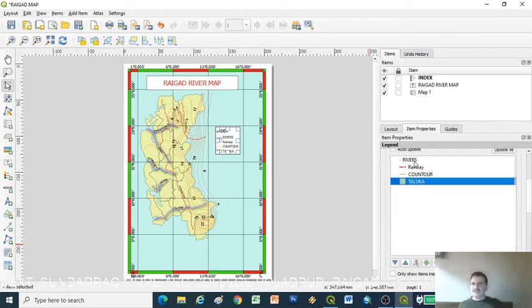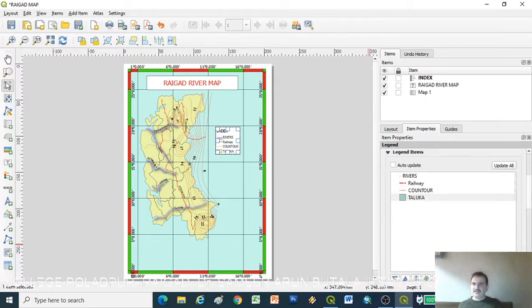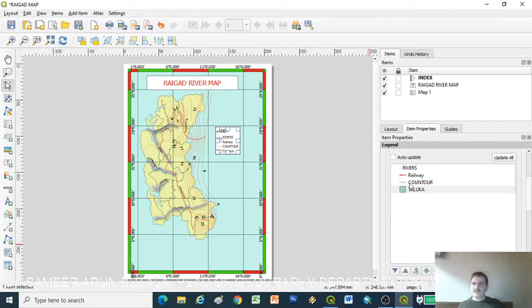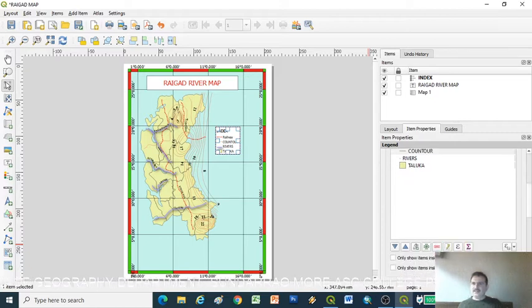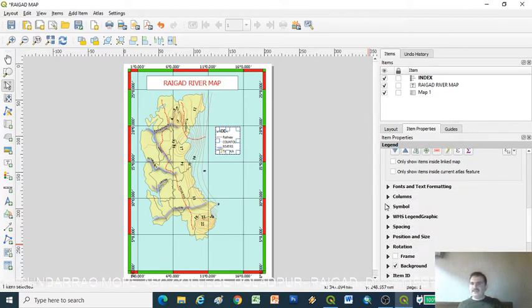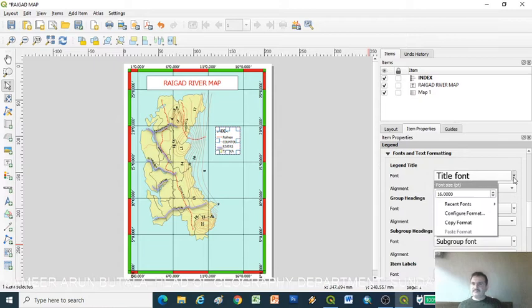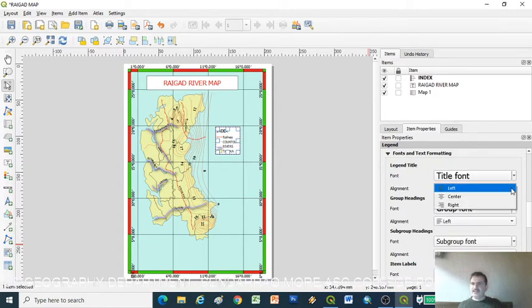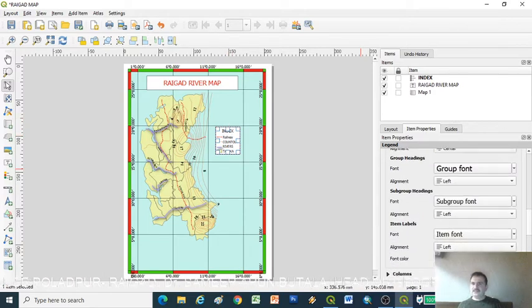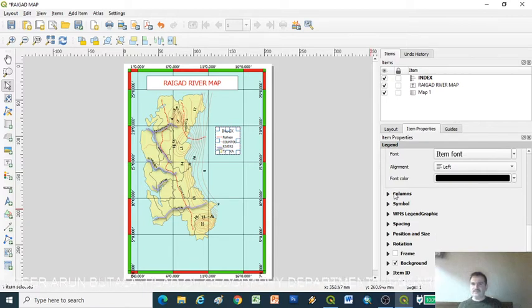So we can adjust this legend index to the upper side and lower side. Just click here. I want this layer downward, or the contour layer upward, so we can change the legend. Then if we scroll down, we will get the font size and font settings of the legend. So we keep it as center, so our index will be in the center. Then the colors, which color we want to fill.